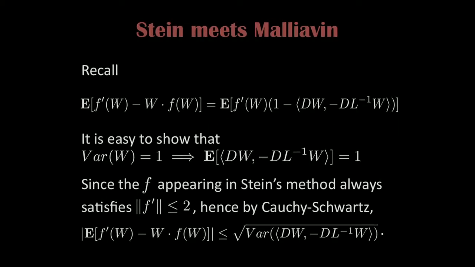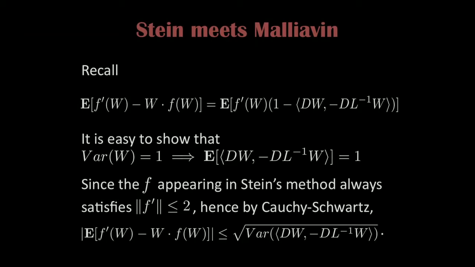Okay, so the first equation is just what I wrote earlier. Again, you can show the following thing: if the variance of W is 1 and the mean of W is 0, you can show the mean of this quantity is equal to 1. Again, not difficult to show. Maybe just doing the Hermite thing will show this. And hence,